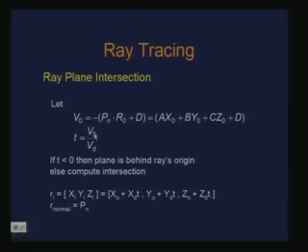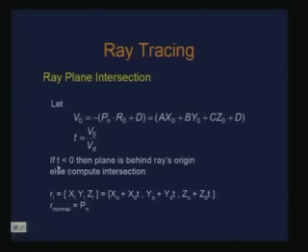As far as the numerator part is concerned, that is what we had in the numerator, which I can call V0. So t is equal to V0 divided by Vd. Again, if t turns out to be less than 0, then the plane is behind the ray's origin, therefore do not compute the intersection. This will be elaborated further, because we have already computed t, which in turn gives you an intersection point, but there could be further utility of this.